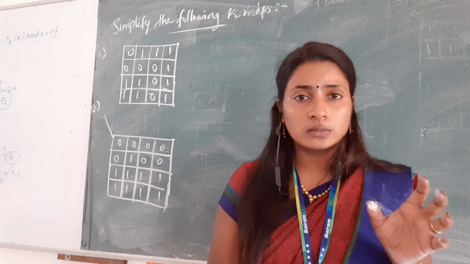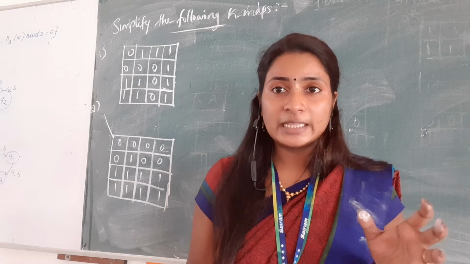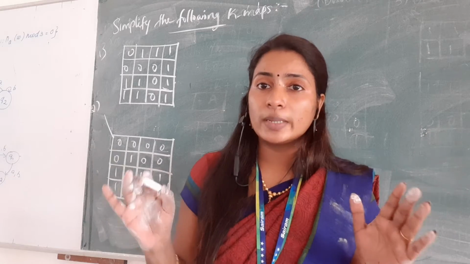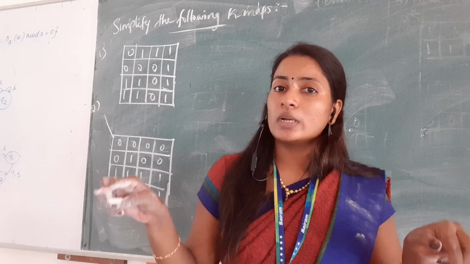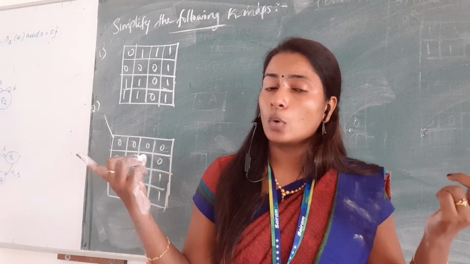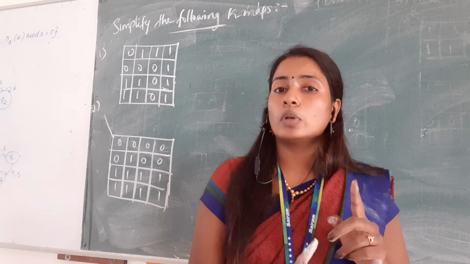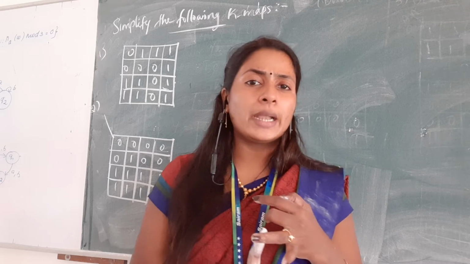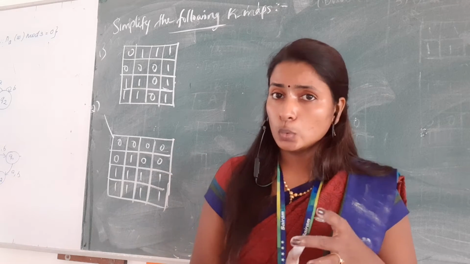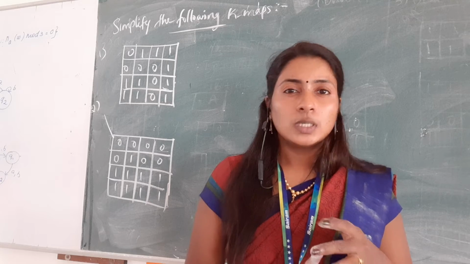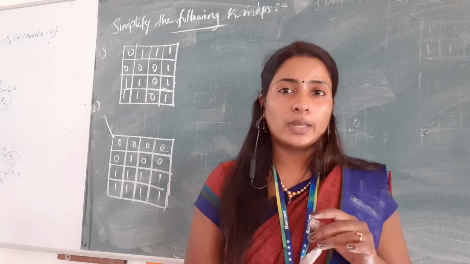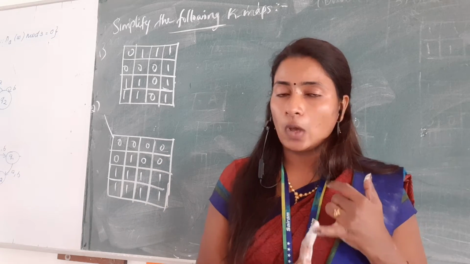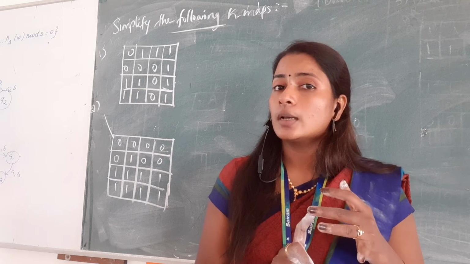Normally students will make this mistake. Immediately they will see 2 adjacent ones and make a pair, but if you consider the folding part, on both sides 2 ones will be there. So instead of pairing, you should make a quad. So first priority always goes to octet, then quad. If no quad or octet is possible, then you should do a pair. If a pair is also not possible, then you can go for a single. Singles you will mostly not get, but okay. So first priority octet, then quad, then pair.